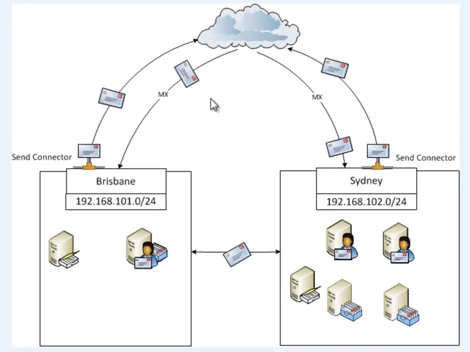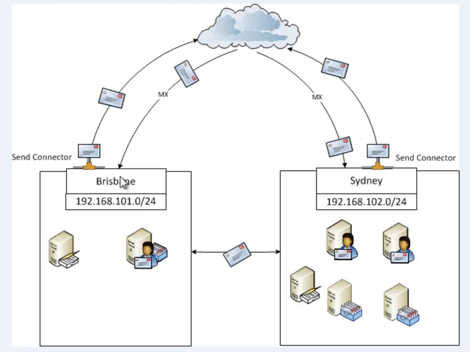If we so choose to, we can establish a second send connector to send mail directly out from mailboxes in the Brisbane location to the internet. And again, if we wanted to, we could also configure an additional MX record to send email from the internet